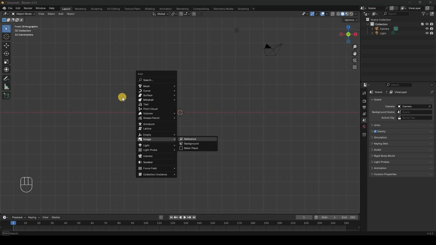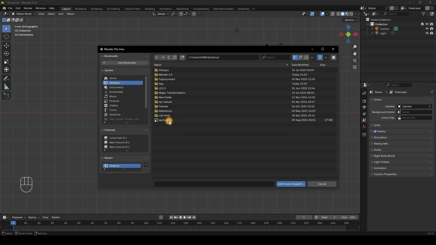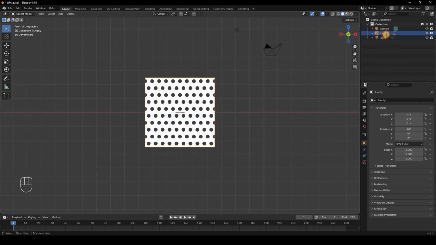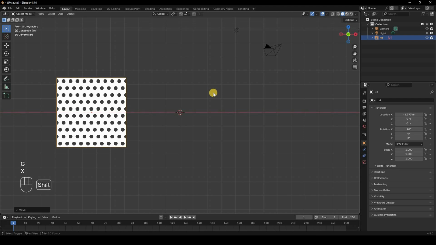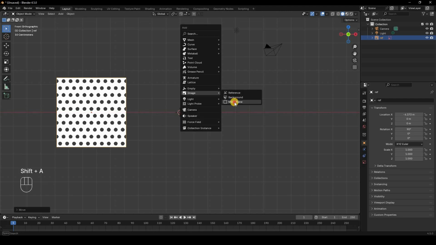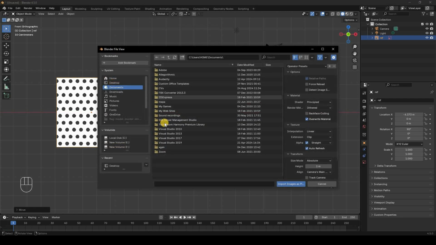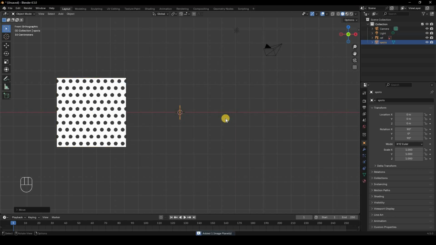So I'm going to click on reference, and on my desktop I have this image of spots. So I'll just rename it to ref so that I can easily identify it and the difference between it and another, although the fact that it has this icon means that it is a reference image. And I'll just move it to the side, and then I'm going to click on Shift A again, and this time I'm going to click on mesh plane, and again we're going to add in this same spots one, and I'm just going to